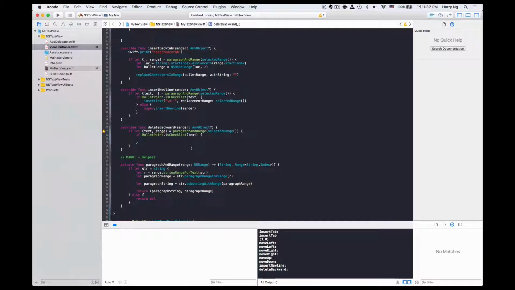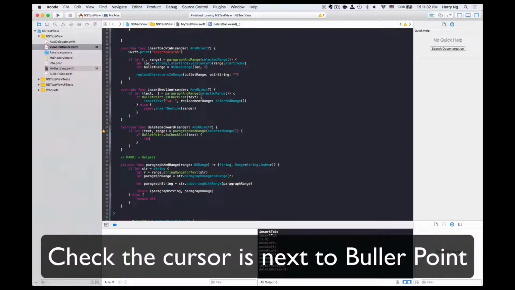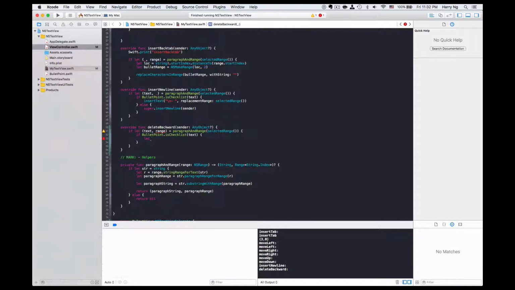If it has the bullet point there, we are going to see whether the current cursor is at the point just behind the bullet point. So say if the location of our